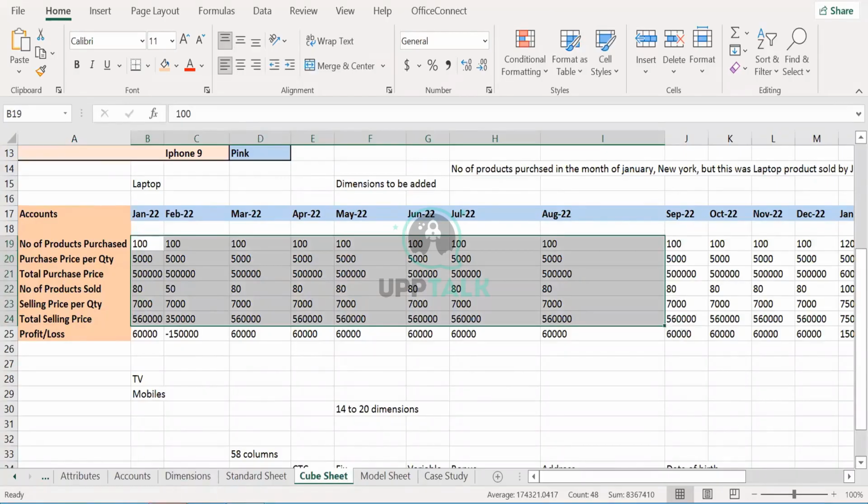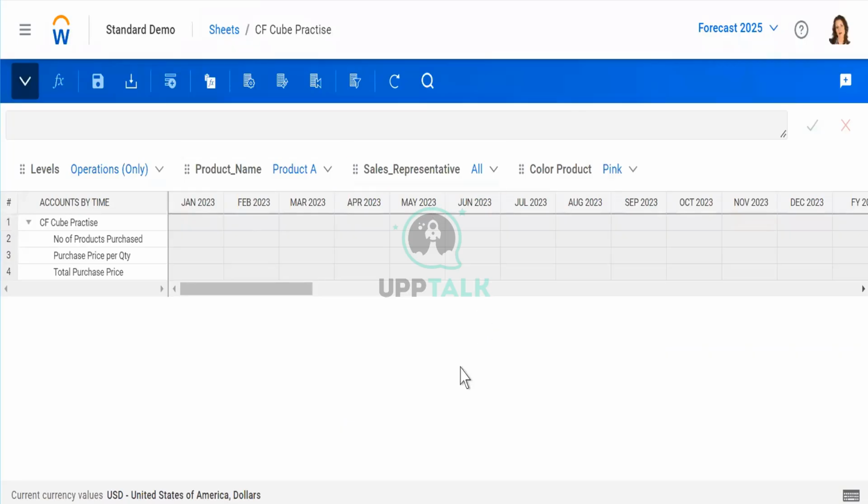But if you want to capture date of birth, some kind of comments, or some additional information which represents this particular account, that is a limitation in a standard sheet. It is a limitation in a cube sheet, and these limitations are overcome in a model sheet. That's why there are three types of models given to you. You decide which type of model will suit which type of requirement.